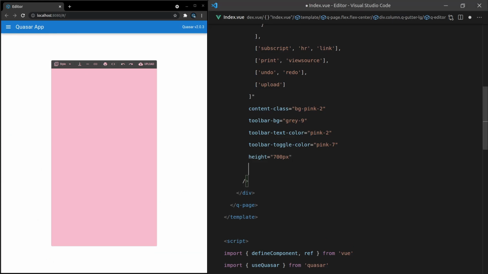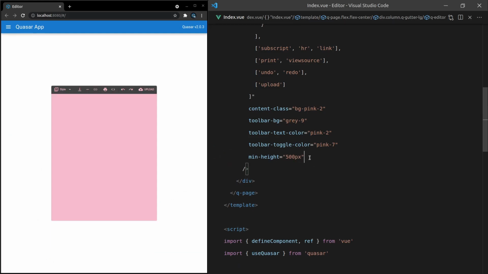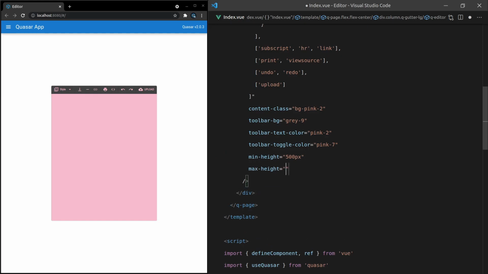What else have we got? We've also got a min height. So we can set that to something like 500 pixels, and I might remove this here and save it. And then you can say, for example, a max height, and let's set that equal to 80 pixels. And of course, this isn't going to work because min height wins in this scenario. But if I get rid of min height now,